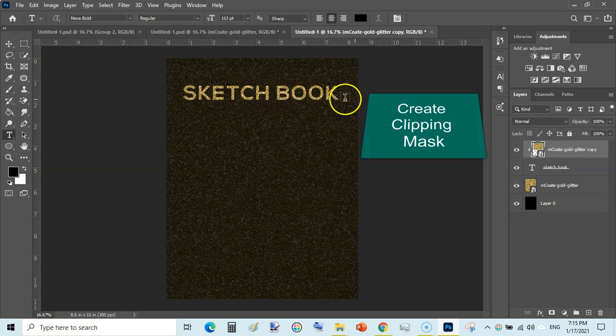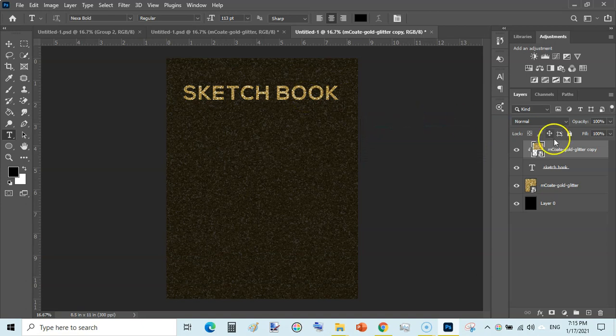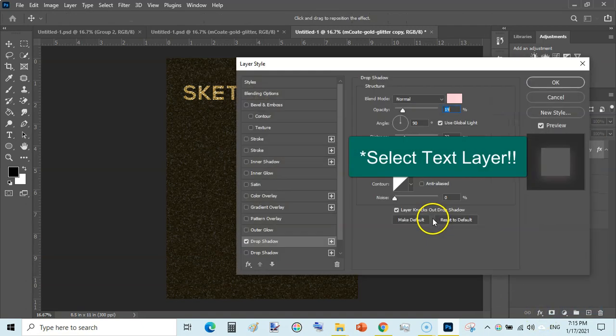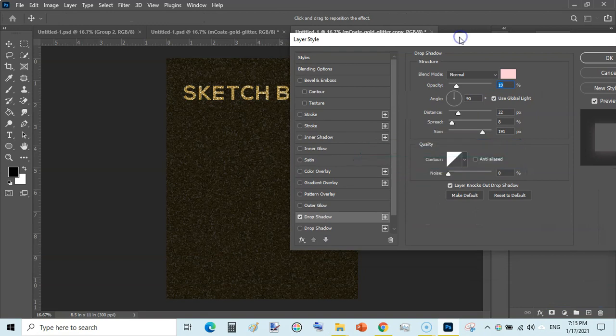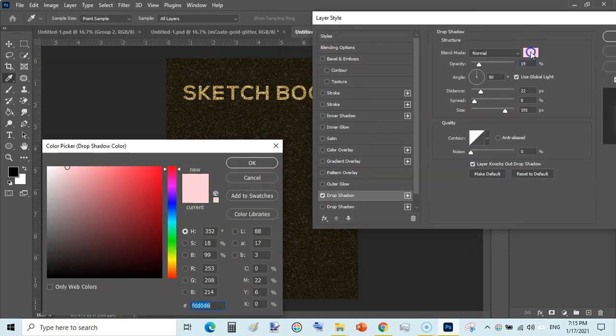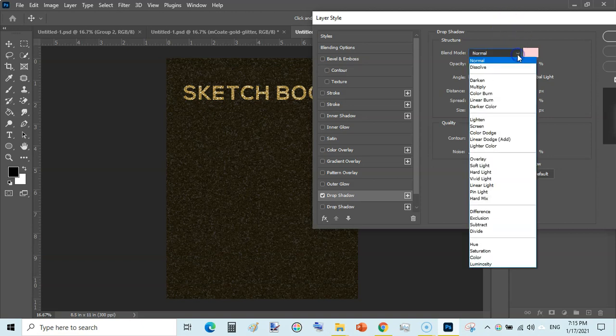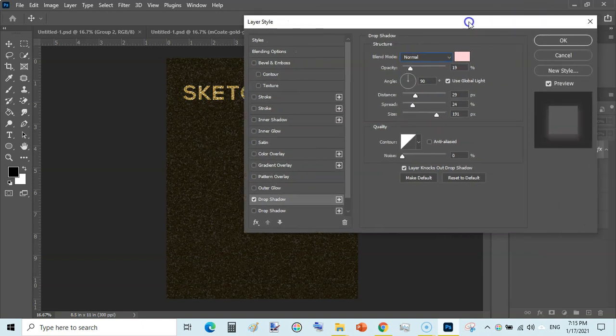Now we need to add some drop shadow to this. Select this layer and then go to FX. This is effects, and then click on drop shadow. Here you need to select the color of drop shadow. You can select any color. I have selected a lightish pink shade. So then you need to change these values. Just select this normal and